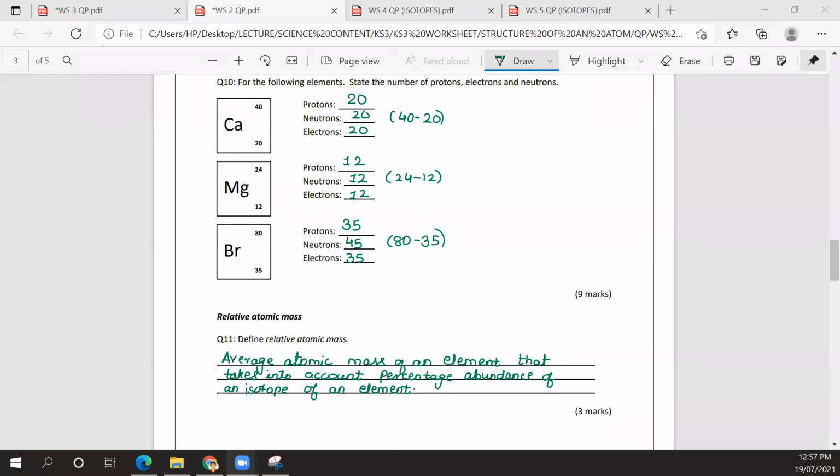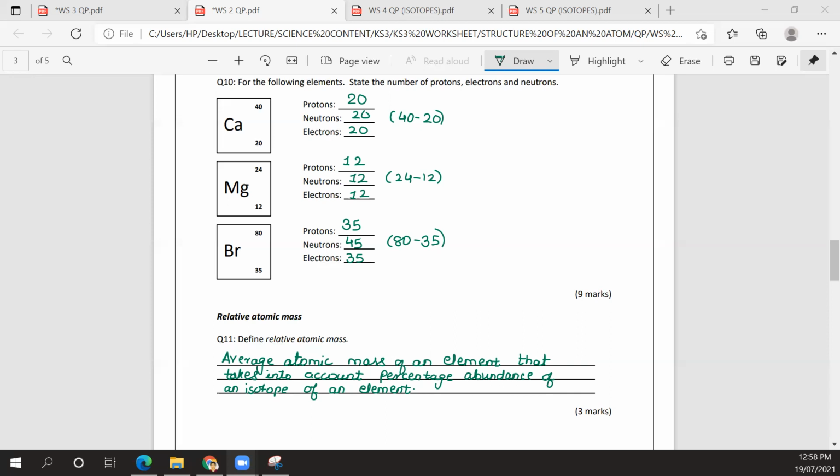That's basically what relative atomic mass, or average atomic mass, is. Now, if we actually calculate the atomic mass of a certain element, you can find that the atomic mass of certain elements will be in decimals. For example, chlorine is 35.5, hydrogen is 1.01, carbon is 12.04, sulfur is 32.1. So how are those decimals calculated?